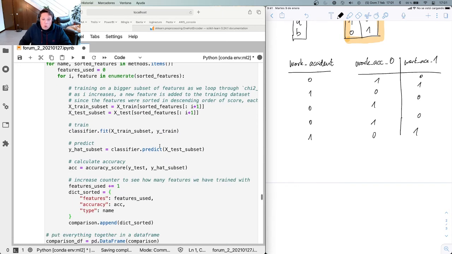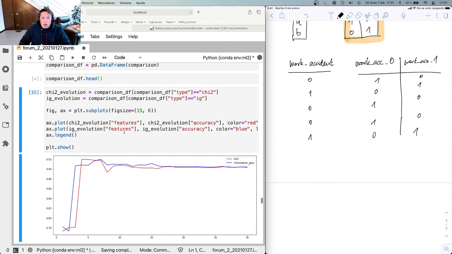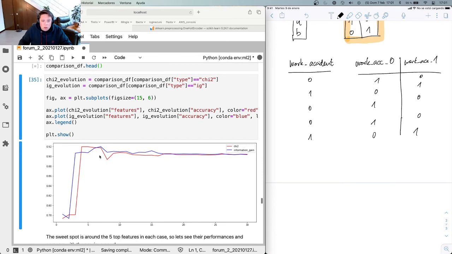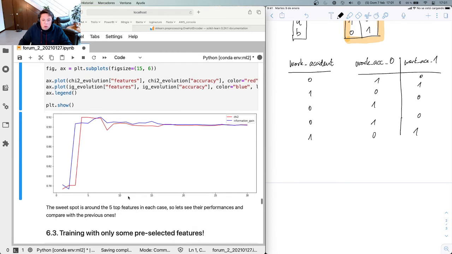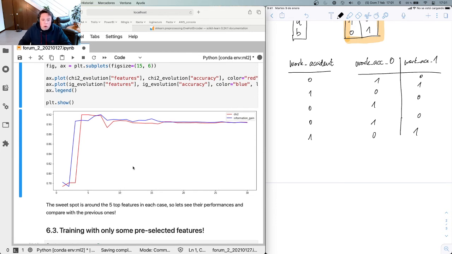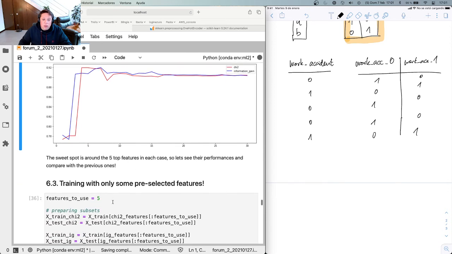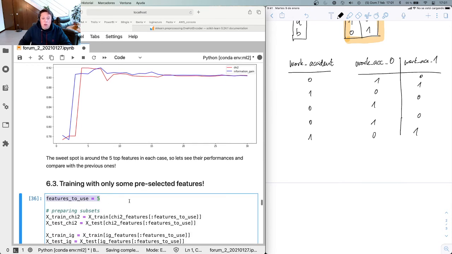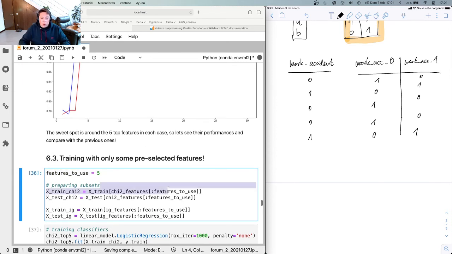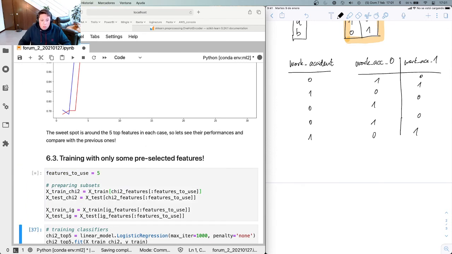Well, when it finishes, you can plot the evolution of the information according to how many features you include, for both methods, Chi2 and information gain. We saw that the sweet spot, the highest value, was achieved around 5, 6, 7 features included, for the top features for each one of the methods. So we can continue using that and specify it when training, and we can go ahead by using this